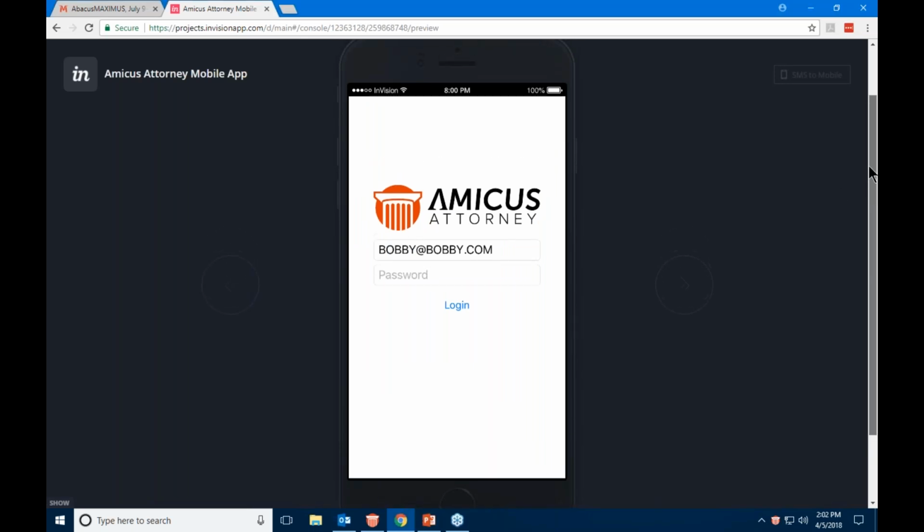And here we are in our demo environment. And this is the initial login screen for Amicus Attorney. So you'll put in your primary email address for your user profile in Amicus Attorney, as well as your Amicus password. So it will be a single login. You don't have to have a separate password or email for your Amicus Attorney mobile app. And once we log in,